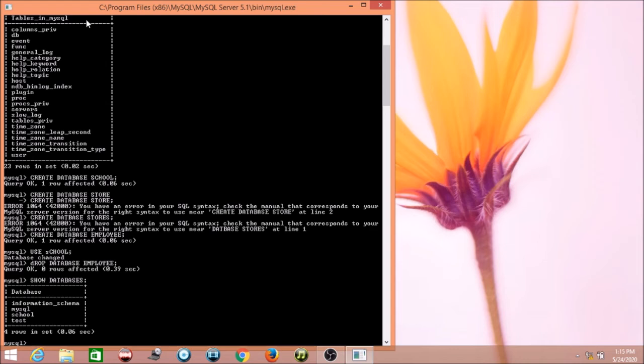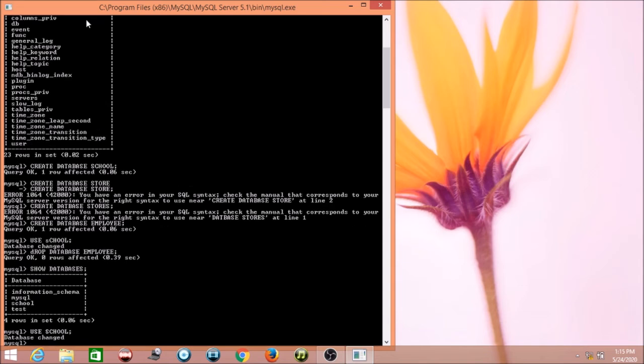So far, I think it is clear to you. Okay, let's proceed further. Next is viewing tables in databases. This is the school database, it does not have any table. If you write the query show tables, first of all we have to use the database, so we will write use, and the name of the database is school.